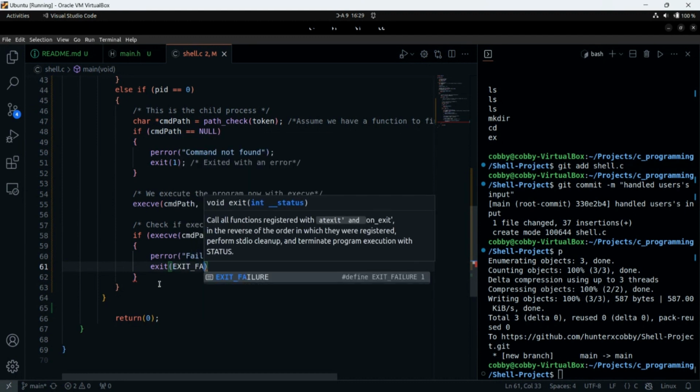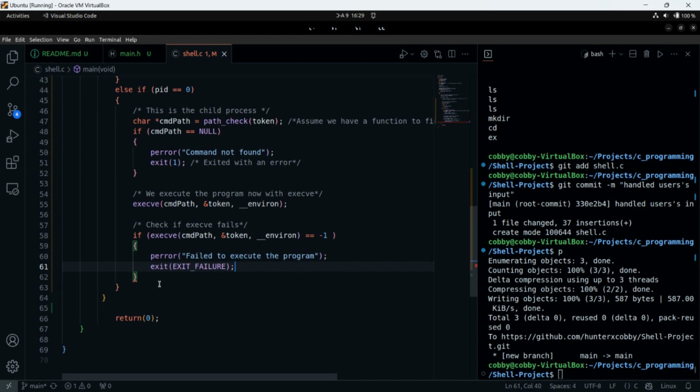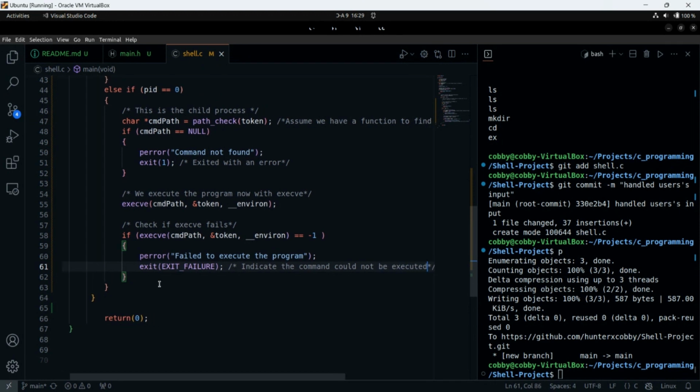I asked you to check. I sent you guys the exit conventions. Please don't be confused, because I sent it to you to read through. Even the name itself says it. If you read through the resource and searched, you know this is trying to indicate the command could not be executed. So else, that is, if by the grace of God our program actually executed.